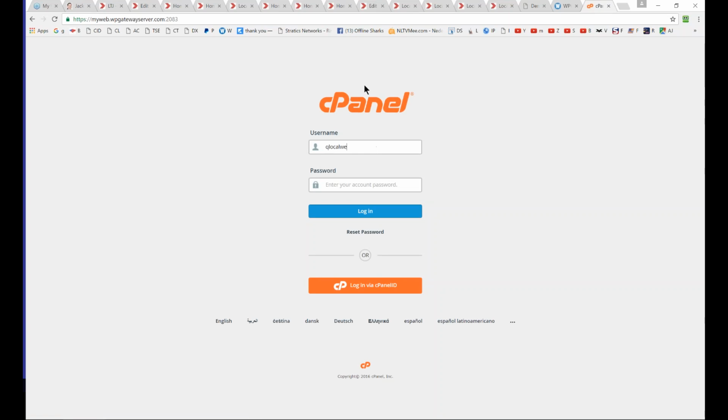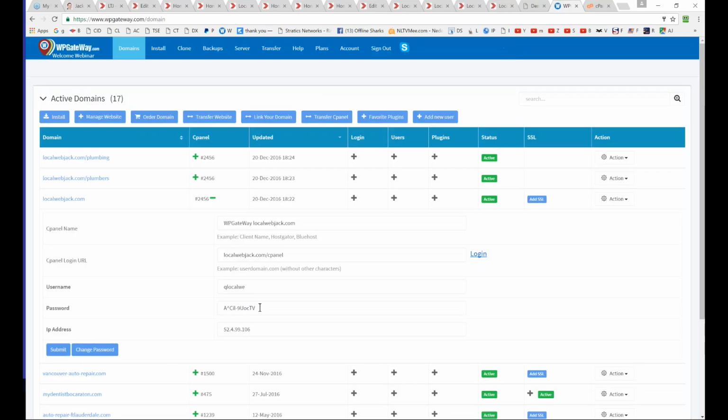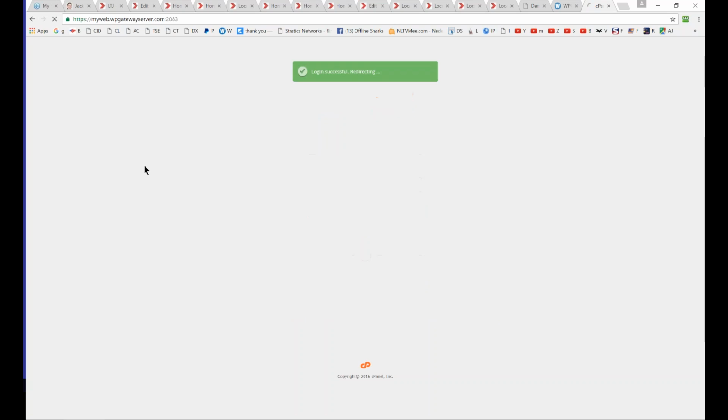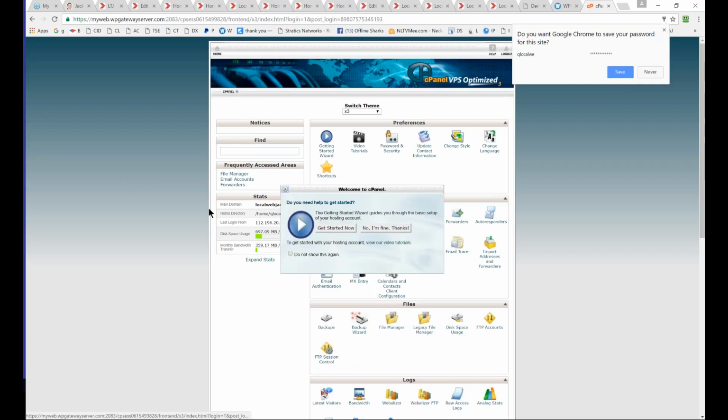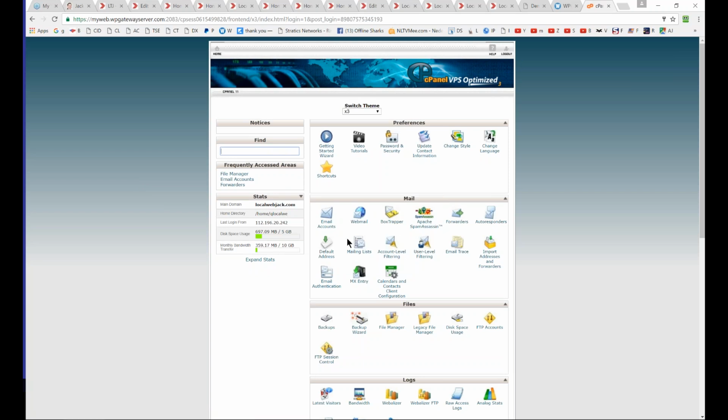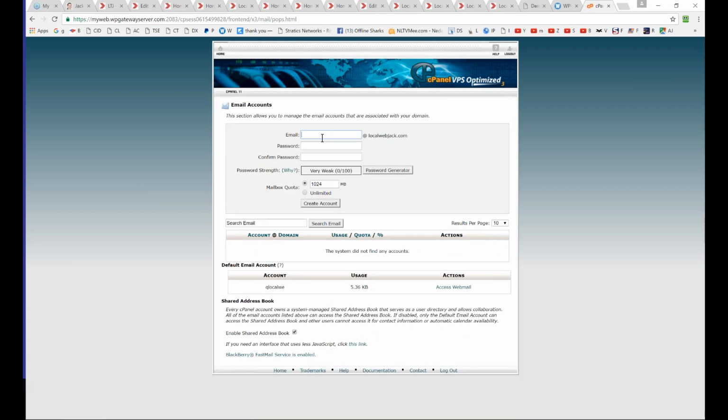So if you log in, you enter the username and the password. Now I'm logged in. I don't need to show this again. And then you see your email accounts. Do you see email accounts here? So you click on email accounts and then